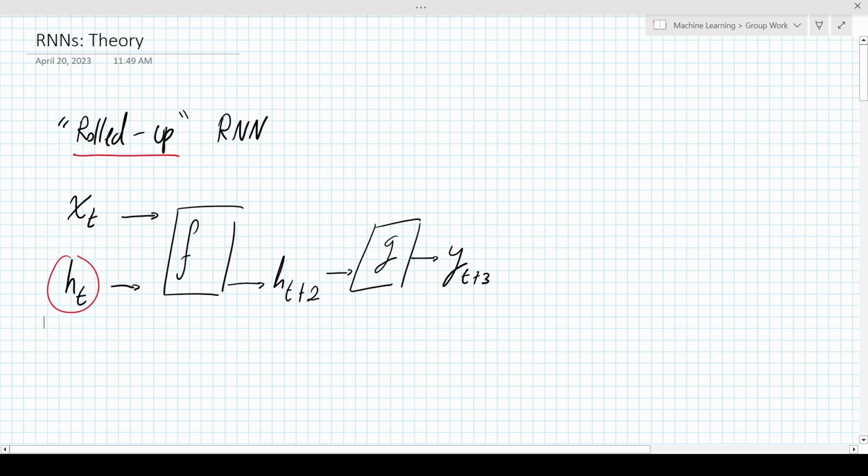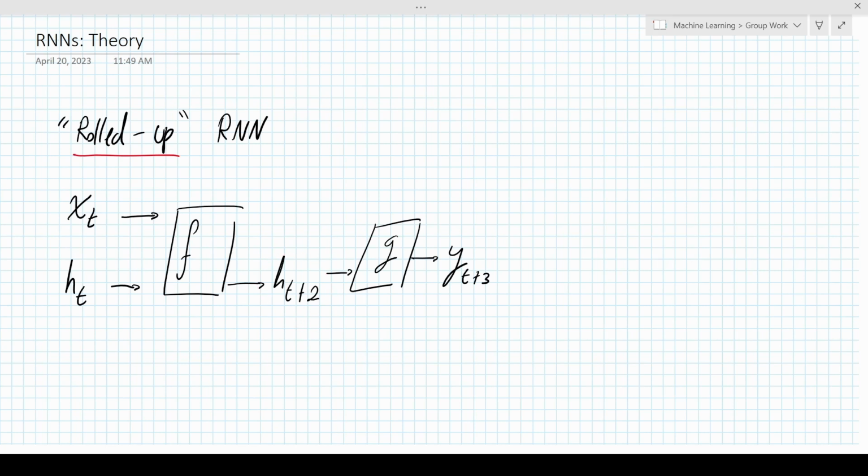Informally, we can think of h as our memory for time step t. Again, we input these two inputs, x and h sub t, and out comes h sub t plus 2.